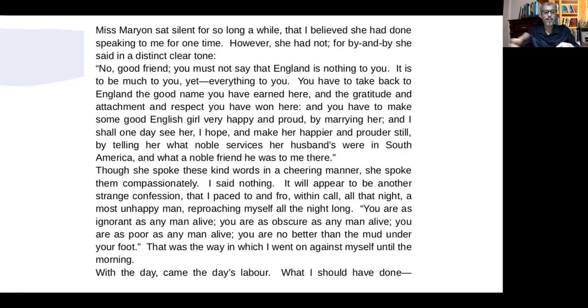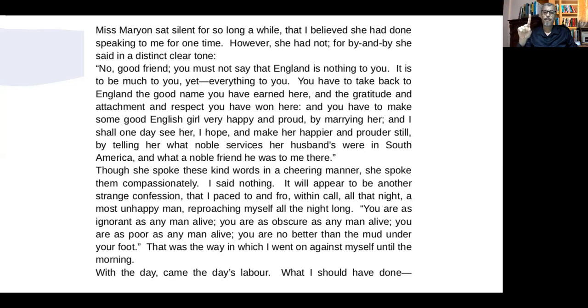Her husband was in South America, and in reality that should be India at the time. She spoke these words about America, and what a noble friend he was to me there, because he helped her a lot. Though she spoke these kind words, pay attention to this, in a cheering manner, she spoke them